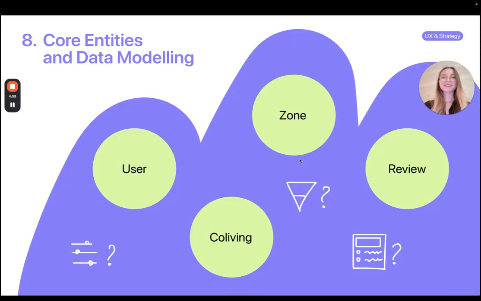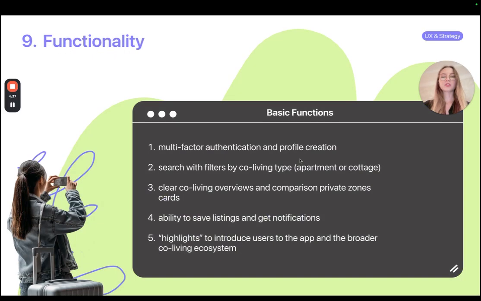Next, I defined the key entities such as user, co-living, private zone, review, and their attributes. Each entity had detailed parameters and some of them logical filters, which laid the foundation for search, sorting, and recommendation algorithms. Based on the research and analysis, the functional structure of the app was grouped into three key categories. Basic functions include